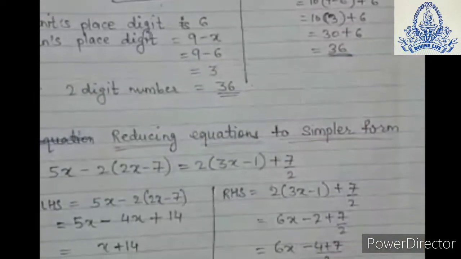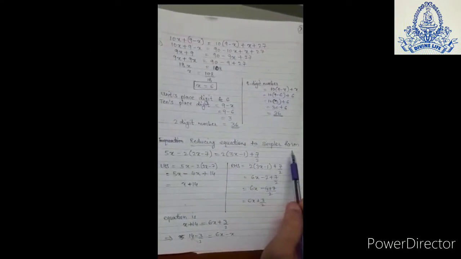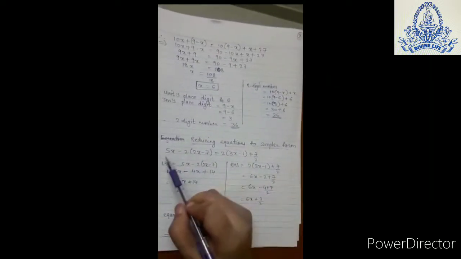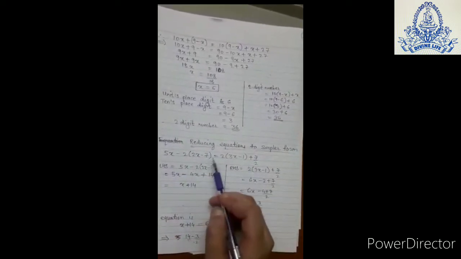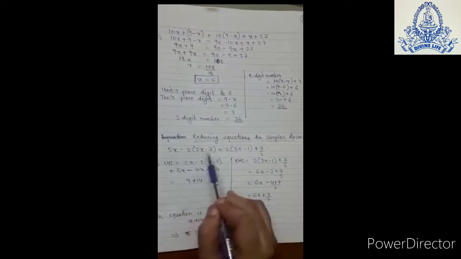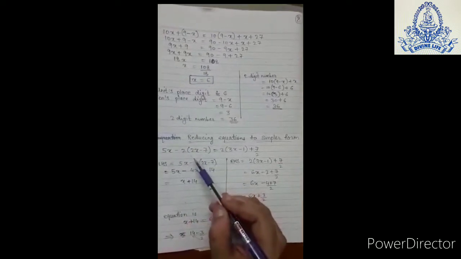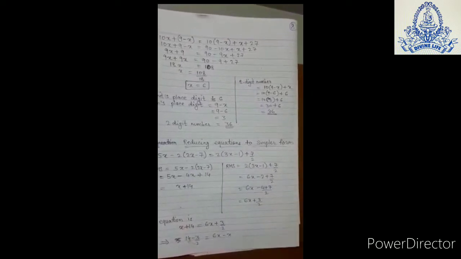Is that clear? Now we will see a new article, that is reducing equations to simpler form. Okay. Procedure is same. You have to solve in the same manner, just the equation is twisted. Now see, you must see this equation and you might imagine, oh, this is very difficult. It is not difficult. Let us see how to solve this. Okay. Now see, this equation is looking very difficult. So first we will make it in simpler form. Okay. See, you can see this LHS. You will say how difficult it is. So see, first we will make this LHS and RHS in simple form, and then we will solve further.